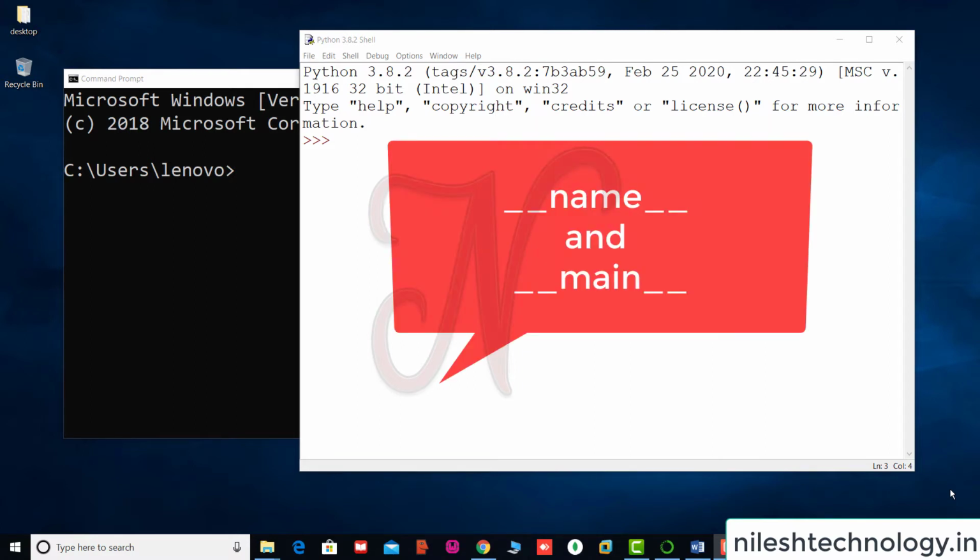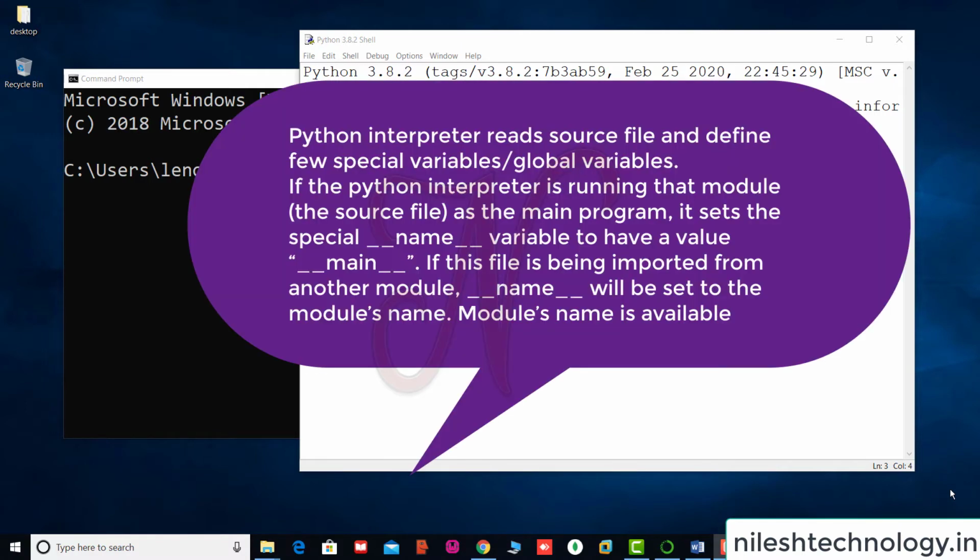So in this section we will discuss __name__ and __main__. The Python interpreter reads the source file and defines a few special or global variables.